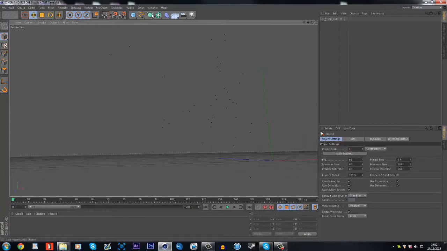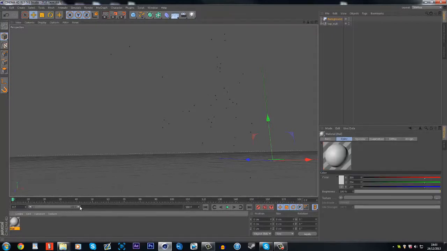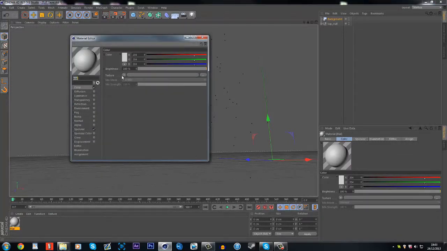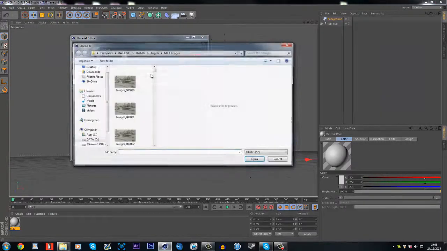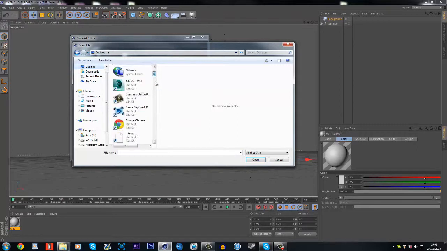And then what you want to do is you want to go down, find this, go background, go create, new material, drag this across to the amount of frames you've got, so I've got 588, click that, and go texture, load image, find it, so that's my previous edit, find desktop, go down to there, find the tut images,